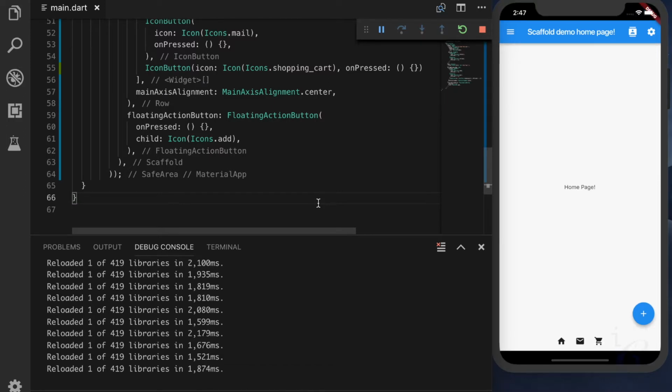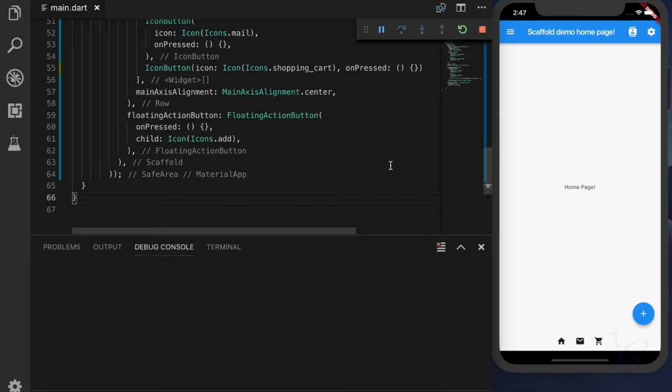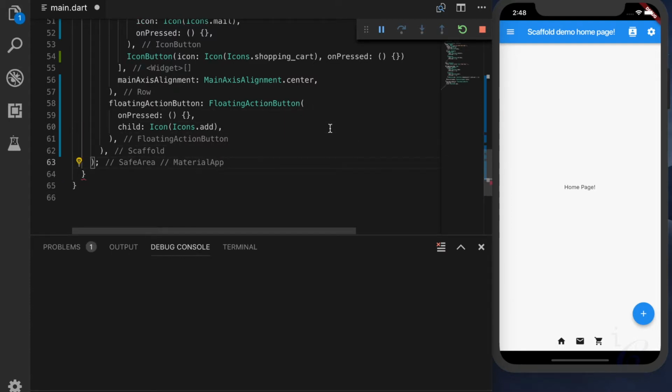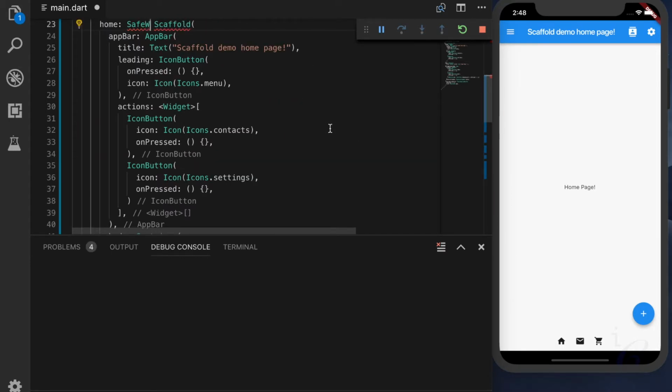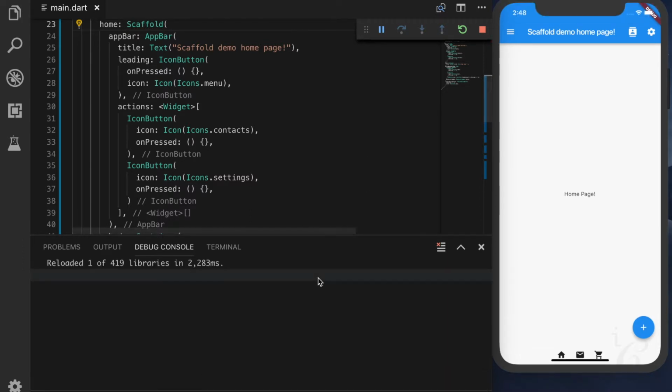Voila. Now as you have seen, we have added functionality to the scaffold, aligned all the components, and displayed this in the safe area. As you know, safe area is not needed for this iPhone XR.